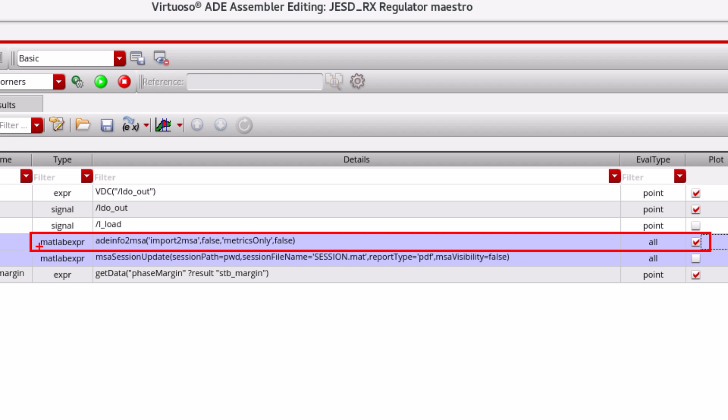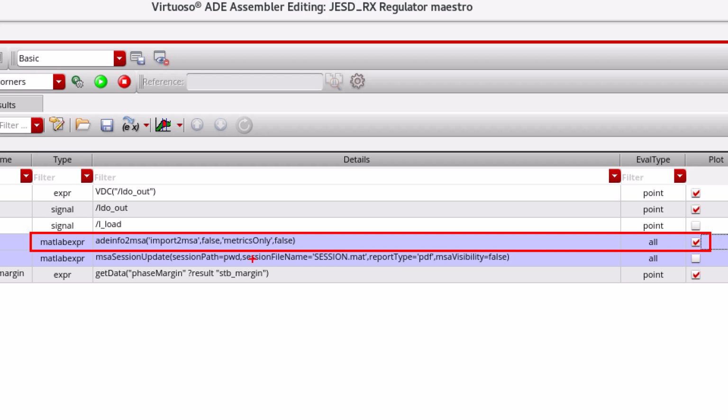I'm just using the auto-naming convention here for convenience. The other automation command, which you could run as well, although typically you would only run one of these commands, you wouldn't run both, is MSA session update. So instead of just saving the data to a MAT file and saying we're done with it, it's going to go the extra step and it'll take that data and apply some analyses to it. The analyses that's applied is saved in some session, in some MAT file. In this case, I'm just calling it generically session.mat, but it's whatever session file name you have specified here.